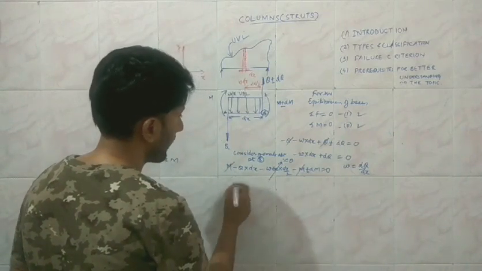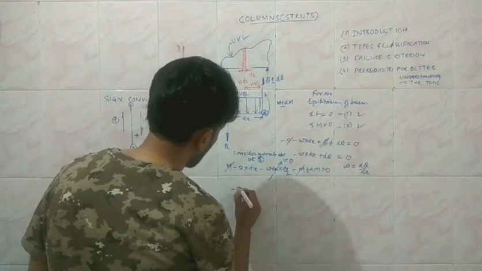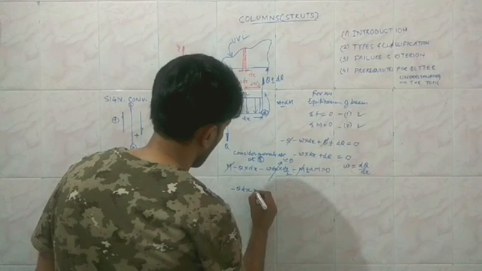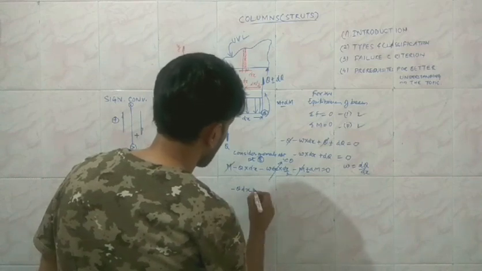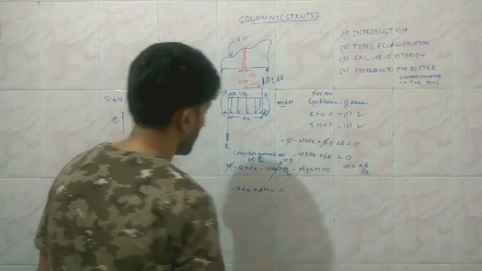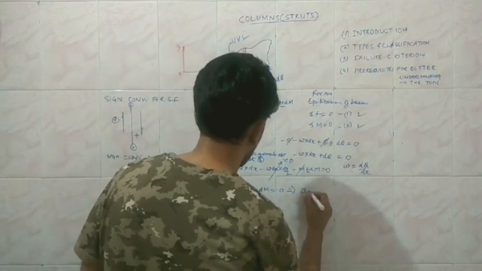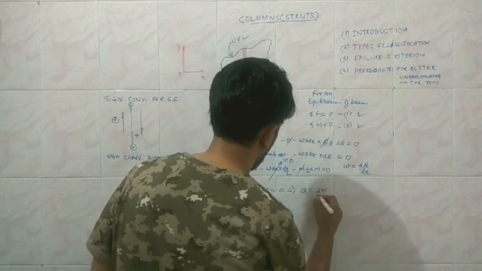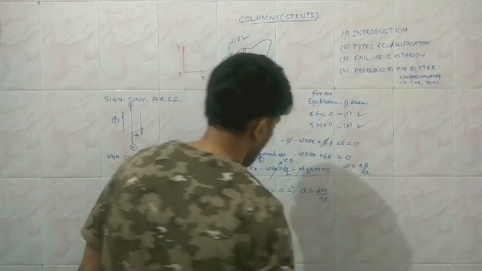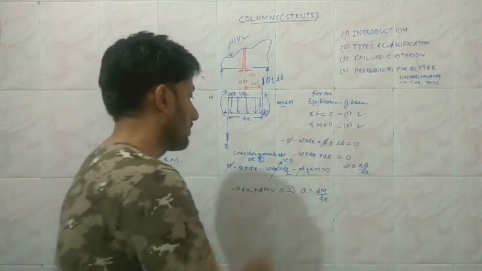I don't know what will be the value, but from the interpretation we are able to identify. So this is going to be minus q into dx, and since it is minus, then this should be equal to the plus, dm should be equal to 0. So from here we have identified that q is equal to dm upon dx, that is the rate of change of the bending moment with respect to the length of the beam.